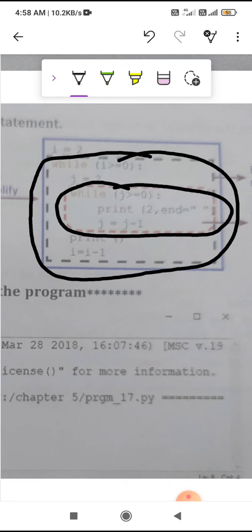First we check the condition of the outer loop. If the condition of the outer loop is true, then we move inside the inner loop. First we execute the inner loop, and the inner loop will be terminated first, and then we move to the outer loop. So in this way a nested loop works.